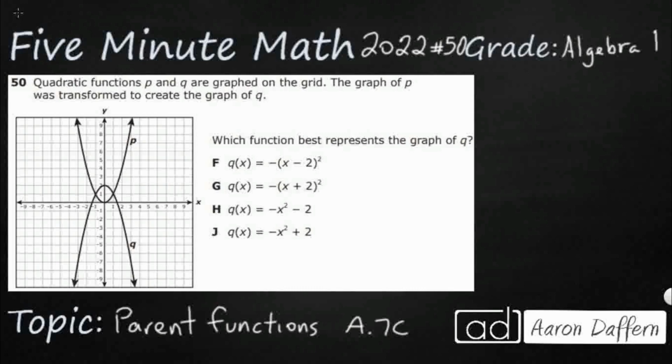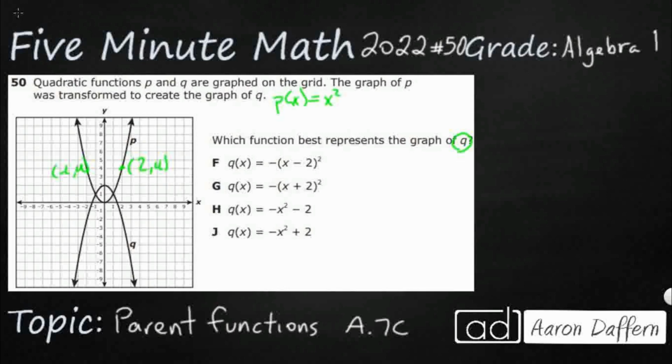So we have quadratic functions p and q, and which of these best describes graph q? So p was transformed to create q. One thing they don't say, but we should be able to recognize here, especially with our points, you notice how this p right here has a point of (2, 4) and then (-2, 4). So this is pretty clear that p of x is going to be our parent function of